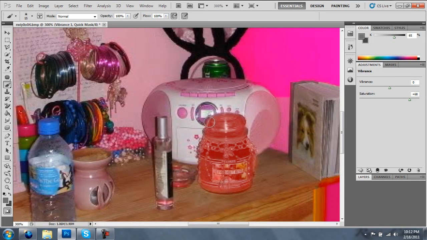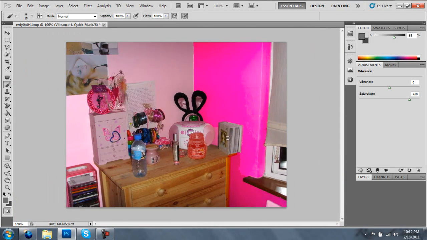And so now you have that. We're going to zoom back out, and we see that that's red. We're going to press Q again to go out of Quick Mask. And oh no, we've selected everything around what we just painted. Not to fear. You can invert it by pressing Control-Shift-I. And now we have our